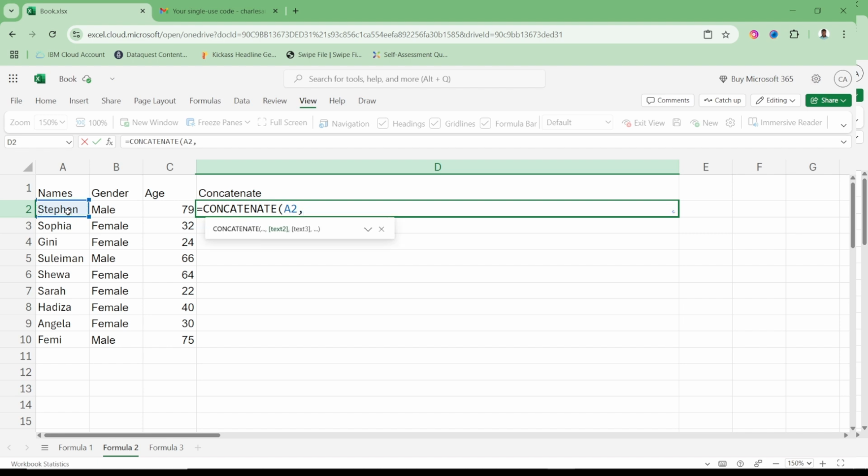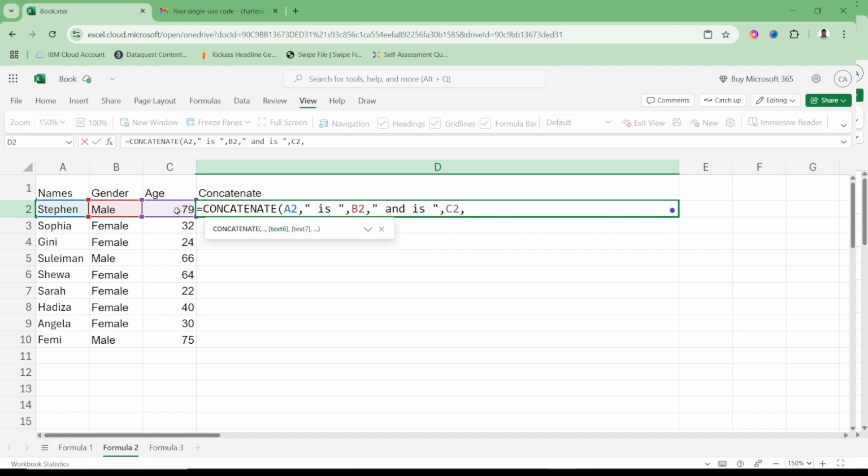Stephen, right, is male, right? So that is male, I'm going to put it in quotation marks. Stephen is, because I want a space between is and male, so I'm going to say is, then I'm going to put another space, then remember is male, right? And so here I want to continue, and is, I'm closing again because it's a string,